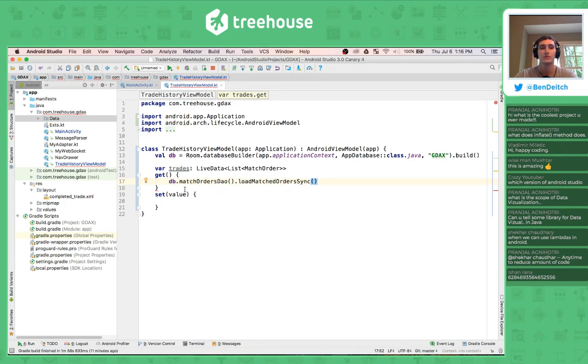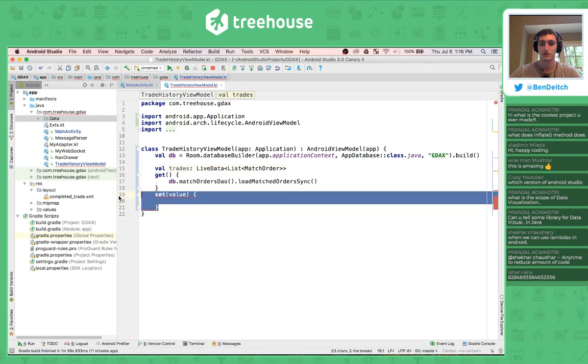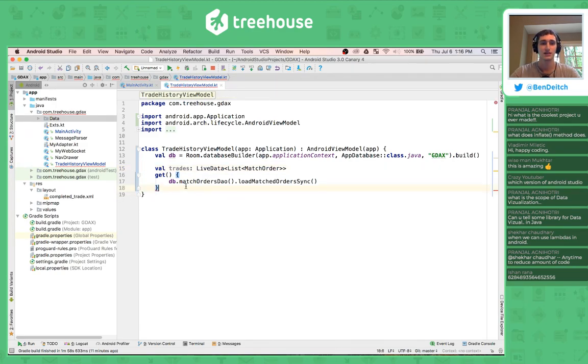And let's see what this looks like first. Let's just put in a couple log statements. We can make this a val so that it only has a get and no set. And then what we need to do in the get is return what we're going to be setting it to. So this is totally valid code. And then also in here we can log